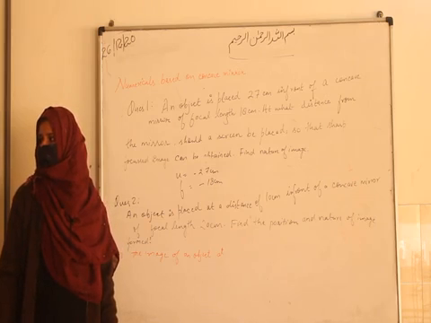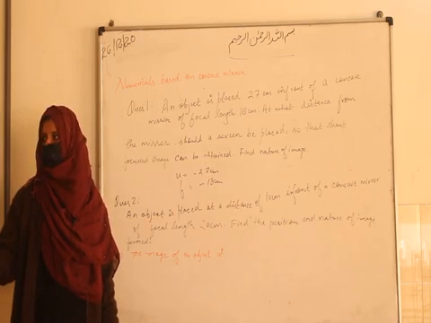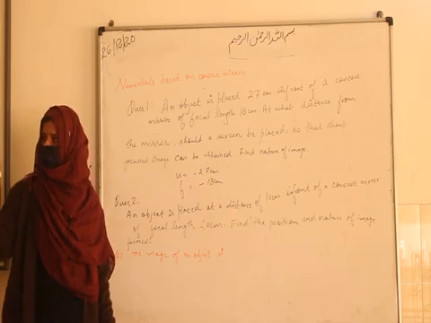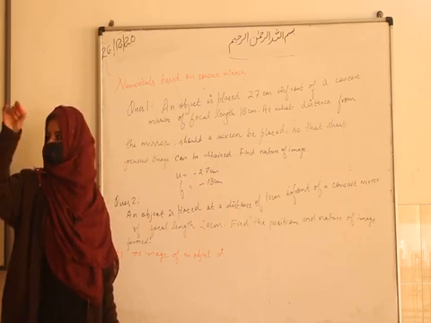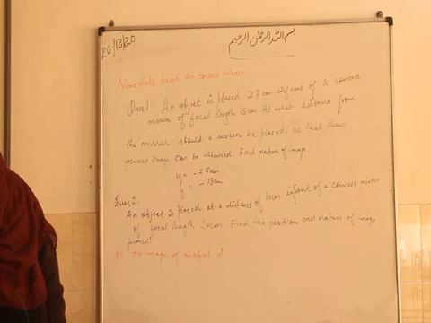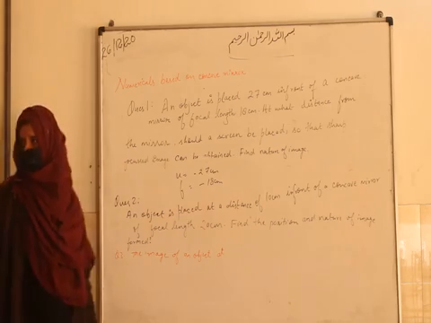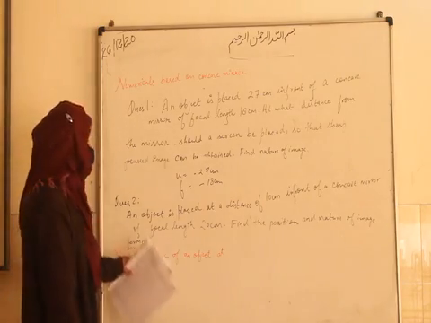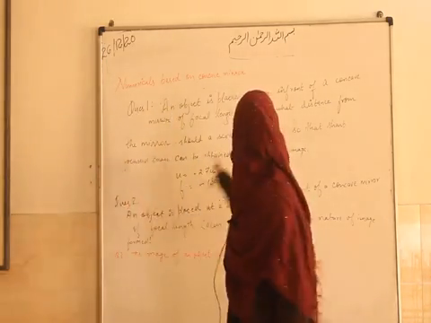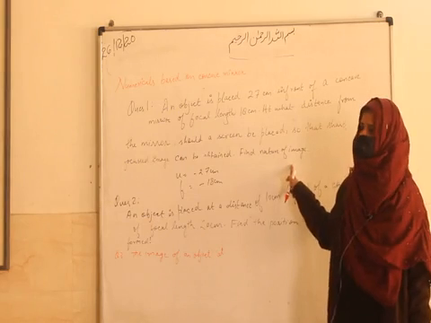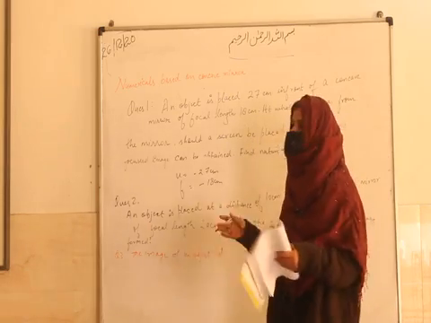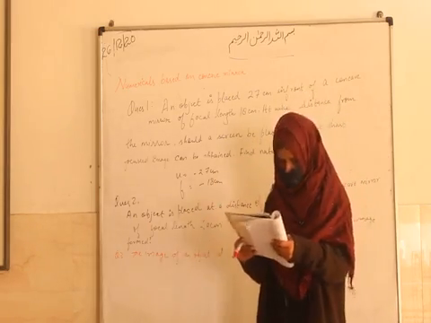Okay, it will be real and inverted. You cannot say it from the number alone, but you can understand that whenever an image is formed in front of the concave mirror, it is always inverted. It's not like the object is also kept there and the image is formed above the x-axis. Real image is always inverted. So good. The nature will be what? They ask the nature, or find the nature of the image. So the nature of the image is real and inverted because it is in front of the concave mirror and the sign is negative. That's why you know that it's in front of the concave mirror.